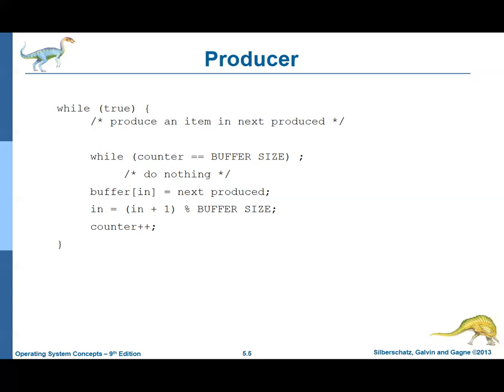I'm going to put it in the in place, which is going to be a number from 0 to buffer size minus 1. So 0 to 9, let's say. Now, what's going to happen is like this. I'm going to increment it, n equals n plus 1. But not quite incrementing, because when I get to 9, I don't want to go to 10. Where do I want to go after 9? The next place I'm going to try to put my donut is in place 0.